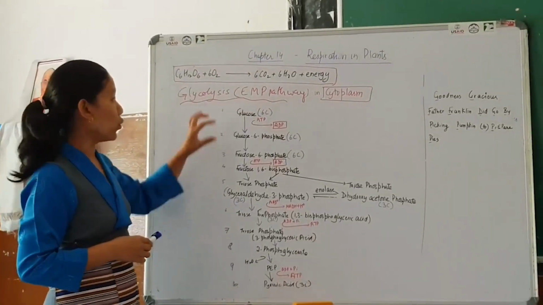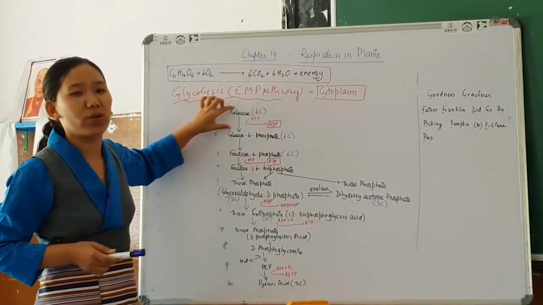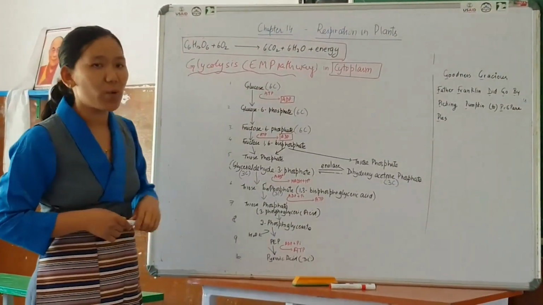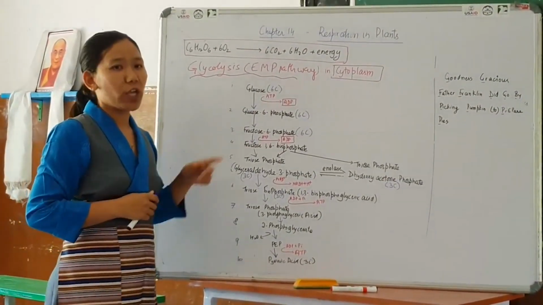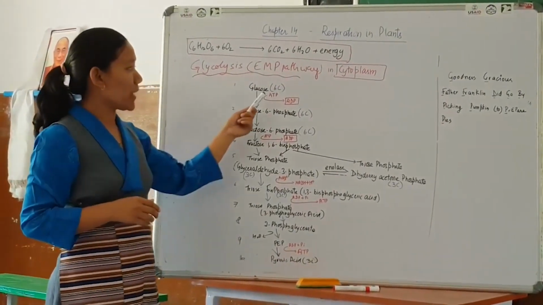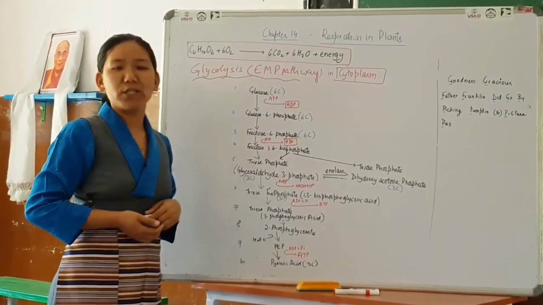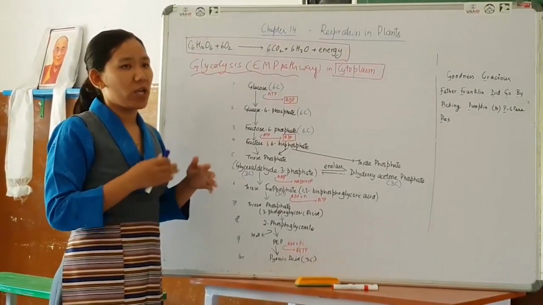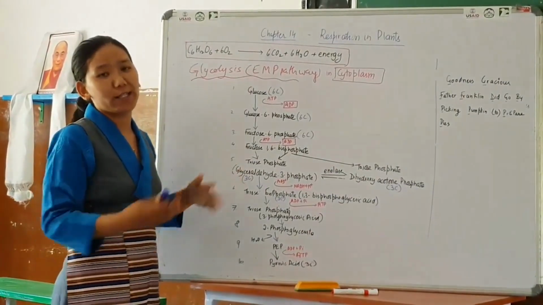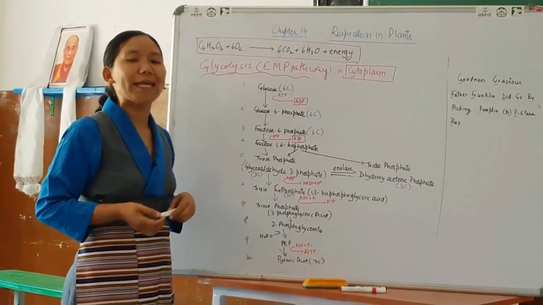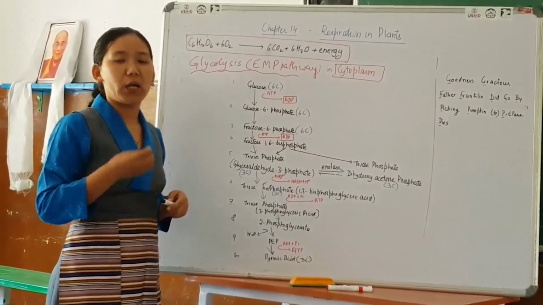So starting with glucose, we know that glucose is the major respiratory substrate in cellular respiration. So glucose, which is a 6-carbon compound, is converted into glucose 6-phosphate. So here we can see that there is utilization of ATP instead of release of ATP. So during this glycolysis process, the initial half is investment of the energy for the next half. So here you have to focus on where ATP is utilized and where NADH is produced.